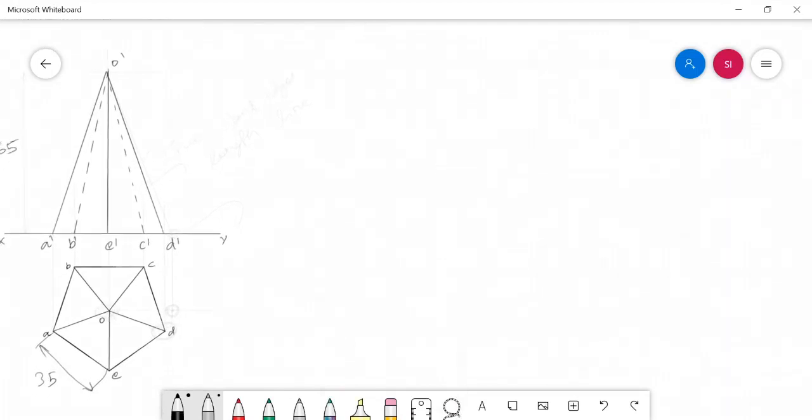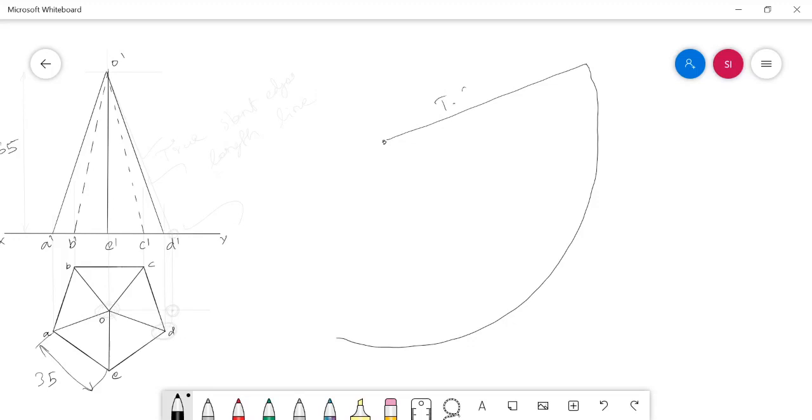After that, when you come to developing this pentagonal pyramid, use the true slant length as the radius in your compass and have a center. Draw an arc with some distance. This length is nothing but the true slant length of the solid, and this is loaded as a radius in our compass, and I have just drawn an arc.